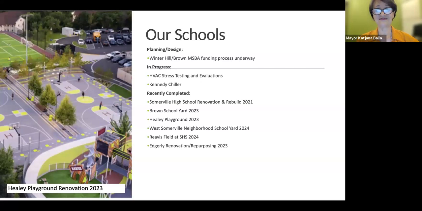Everyone interested is invited to participate in the community process. This started 10 days ago, but please check it out online. I cannot stress how fortunate we are to be in the MSBA program. This can save us tens of millions of dollars.